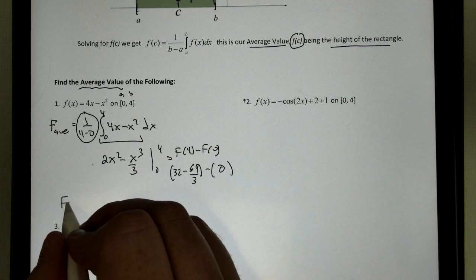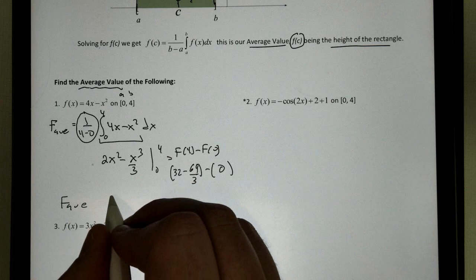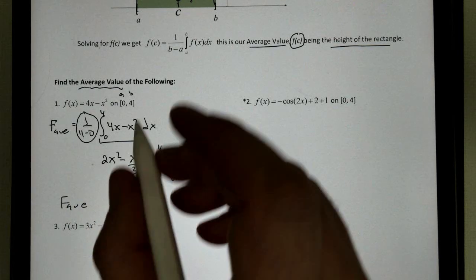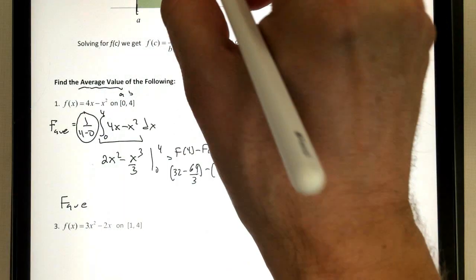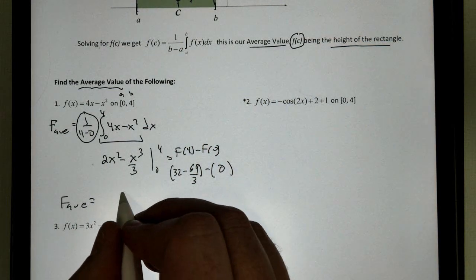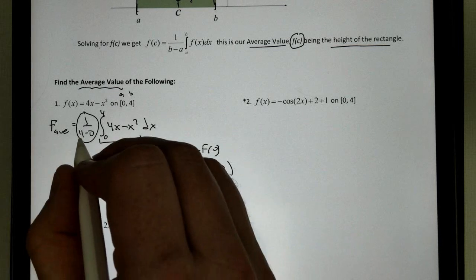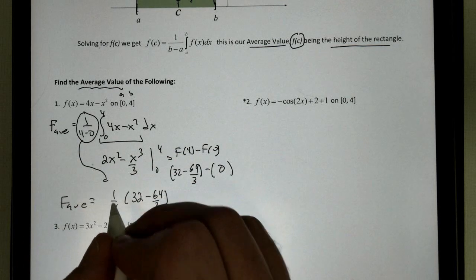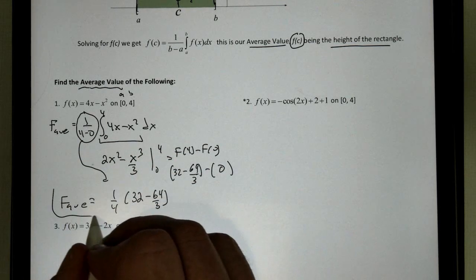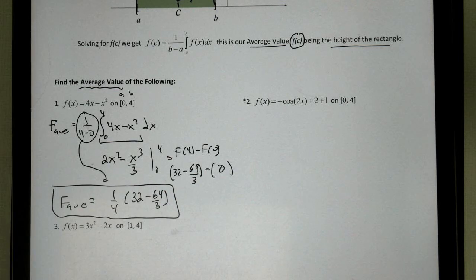So to get my average value, we're going to take that area we just found, that 32 minus 64 over 3, and multiply that by this 1/4. I really don't know what that equals because I don't simplify. And that would be our